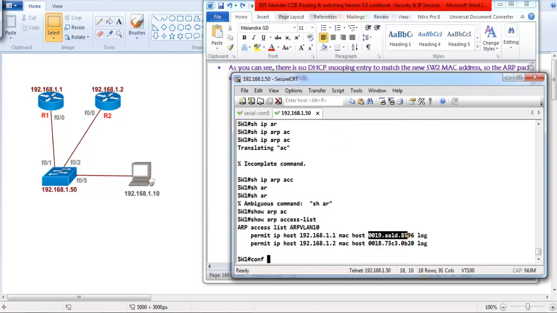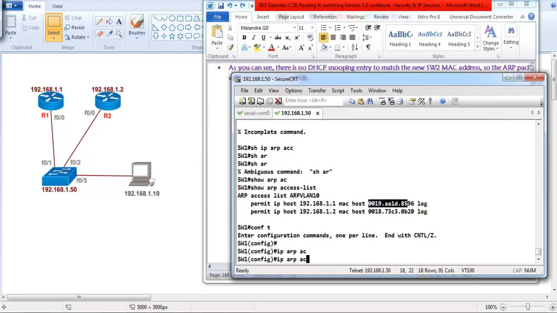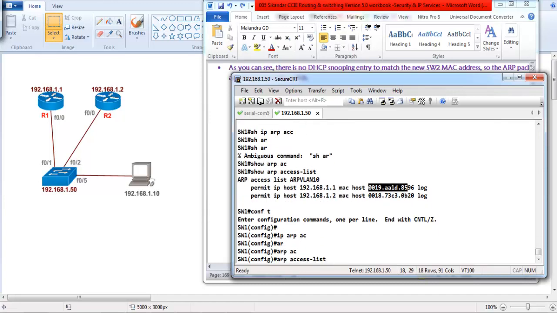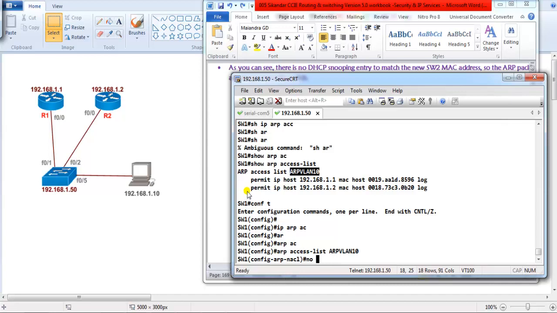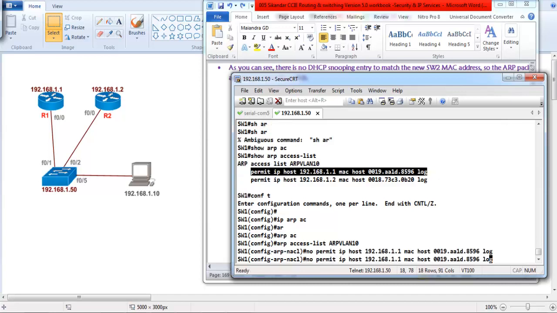So I'm going to change the entry, and I'll say IP ARP access list. No, it's not, it's just ARP access-list. And then I'm going to define the ARP name, VLAN 10, and then I'm going to remove this entry, and I'm going to change the entry with some different MAC address, some invalid MAC address.